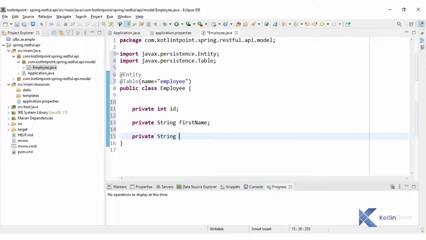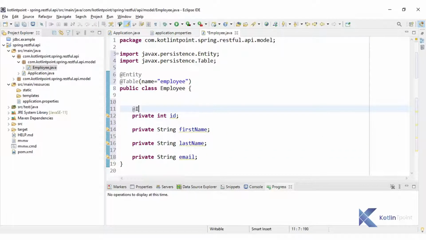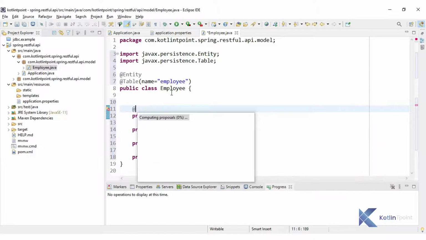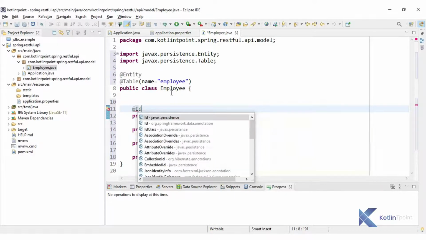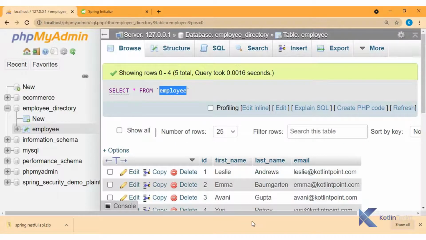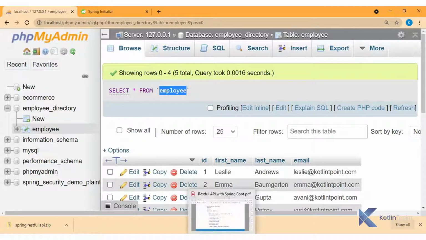Then I have id, first name, last name. Respective to the columns in my table I will create the fields, and id is our primary key, which means I need to specify the identity. Okay, it is not suggesting me. What is the problem here?